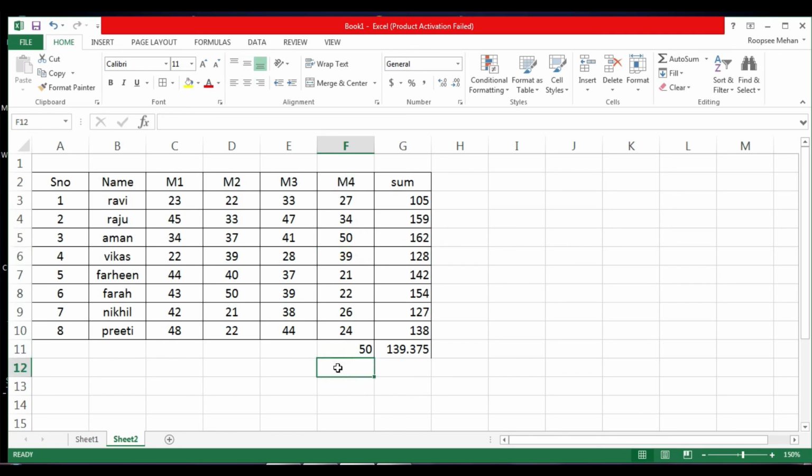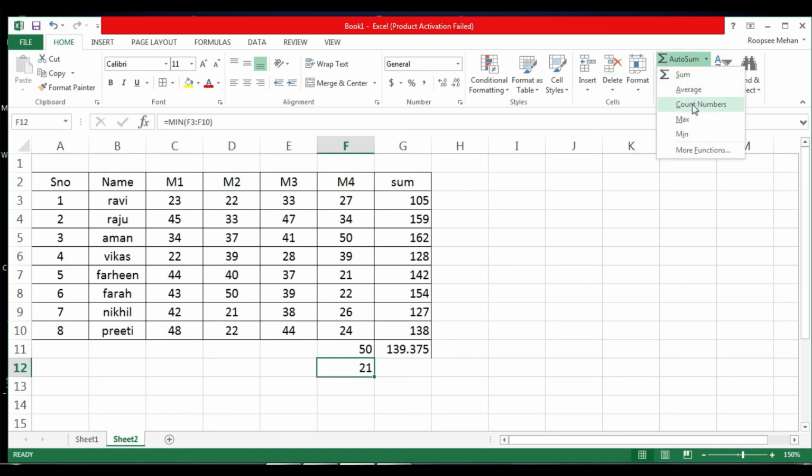I want to find the least number or the minimum number. So I will click over here, click on the drop down and click on minimum. It selects the series, but see, 50 is again selected. I don't want to select this number, so I will just select the series till here. Now this is my correct series. You have to make the correct selection, that's it, and just press enter. Now the smallest number out of these numbers is 21. Simple. So this is how you can use the auto sum formulas.